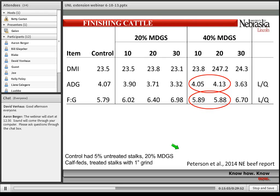Now, the last study I want to discuss relative to finishing cattle is a very new one, again, just completed this spring, that will be published in our 2014 Nebraska Beef Report. And the reason we did this study is that all of the previous studies have a fairly large amount of distillers grains, 35 to 40%. And we hypothesized that having that much distillers in the diet was pretty important to how well this treated residue